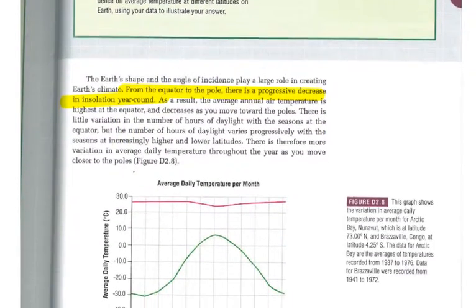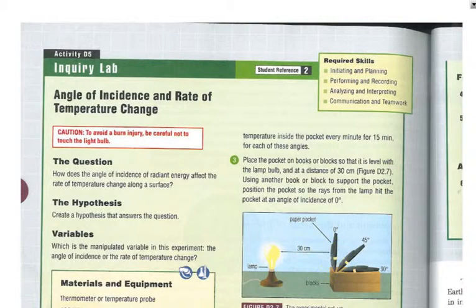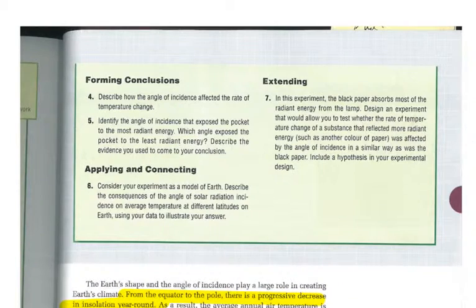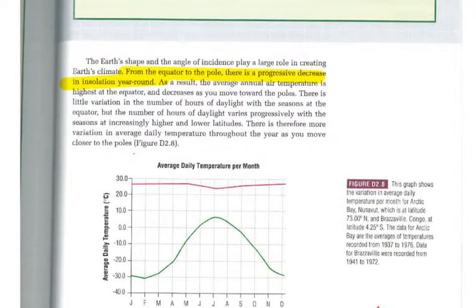The Earth's shape and angle of incidence play a large role in creating the Earth's climate. From the equator to the pole, there is a progressive decrease in insolation year-round. And that's as we saw from this lab here. As a result, the average annual air temperature is the highest at the equator and decreases as you move towards